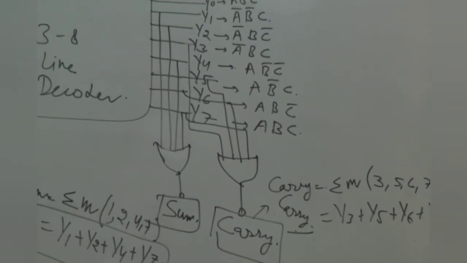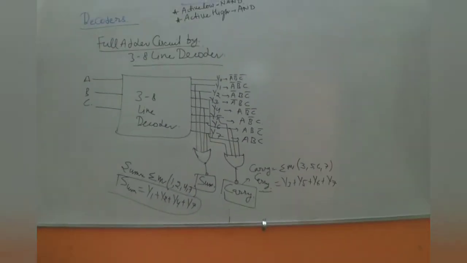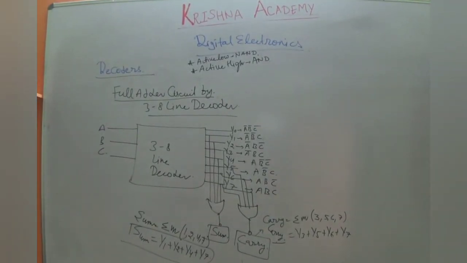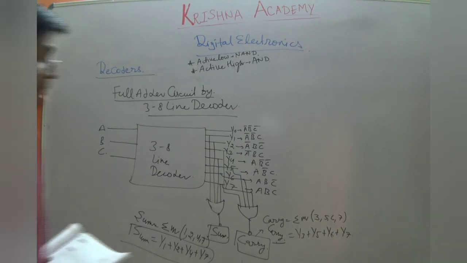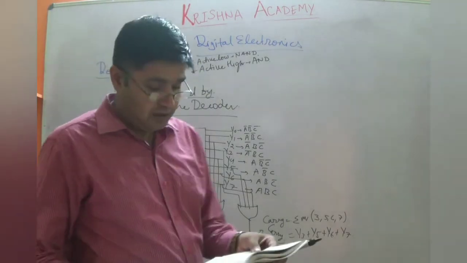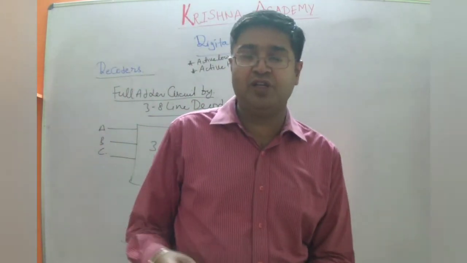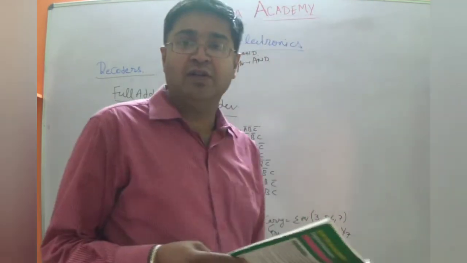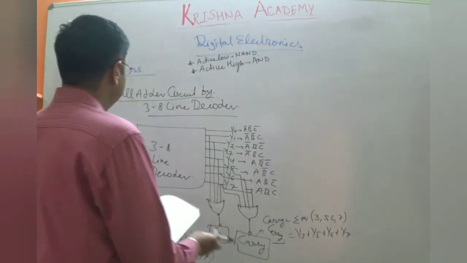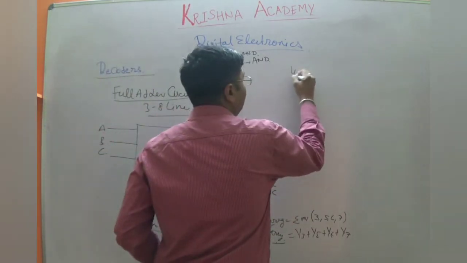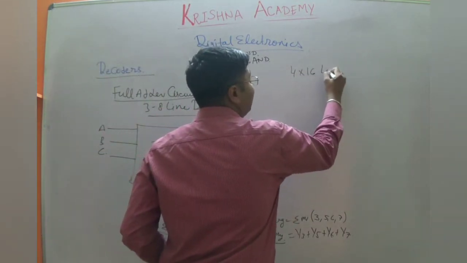As you can see, we can actually implement the full adder circuit using a 3 to 8 line decoder circuit. Now whether a 4 to 16 decoder circuit can be implemented using 3 to 8 line decoders, yes, there is a possibility. This is another question in examination, 4 by 16 line decoder